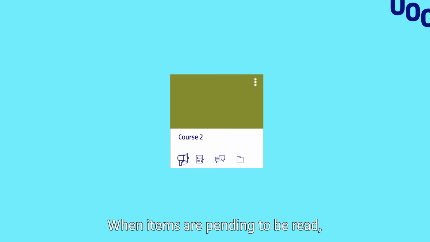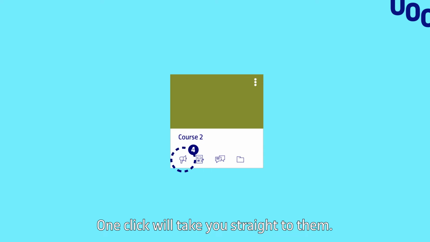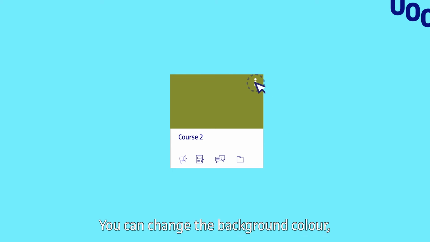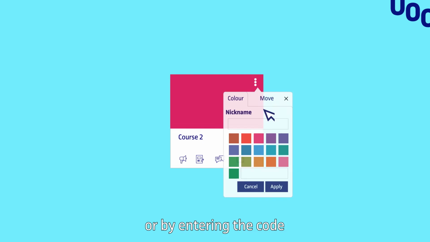When items are pending to be read, you will see the icon in blue accompanied by the number of items waiting to be read. One click will take you straight to them. You also have many options for customizing this page. For example, you can change the background color, either by choosing one of the colors or by entering the code